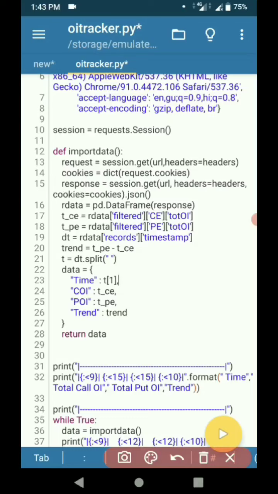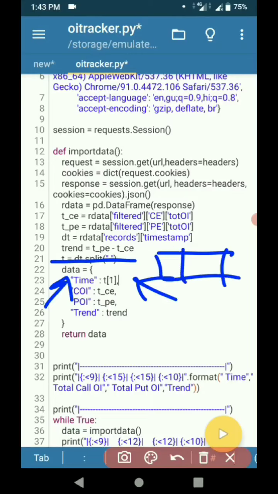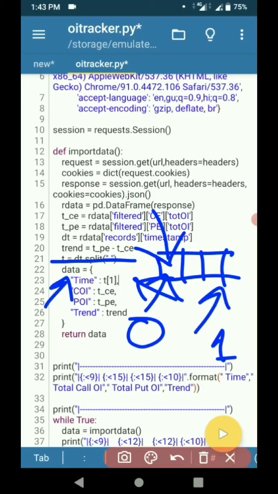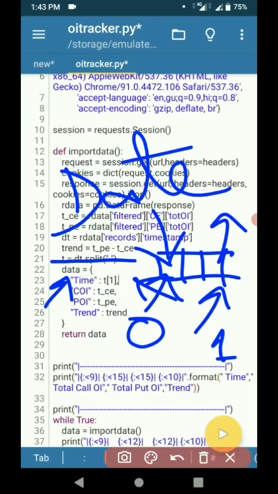In the time variable we store t1, that is the variable t. If we split with a space, then the first element is the 0th element and the second element is the 1st. So in the first entry we get the date, and in the second we get the time.